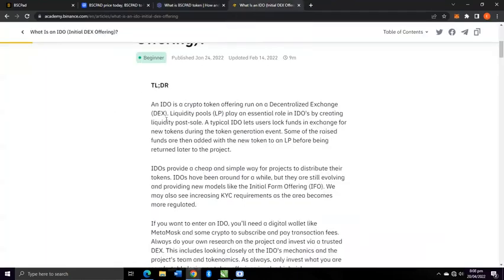Now, what is an IDO? An IDO is a crypto token offering on a decentralized exchange, which in short form is called DEX. Okay, so what you guys will be doing is creating a liquidity pool for the project, that is, for the new token. Okay, so you'll be participating in IDOs to make money, and this is where most big boys and whales